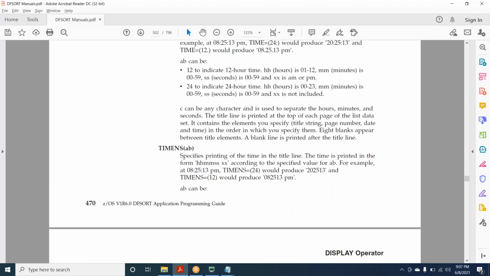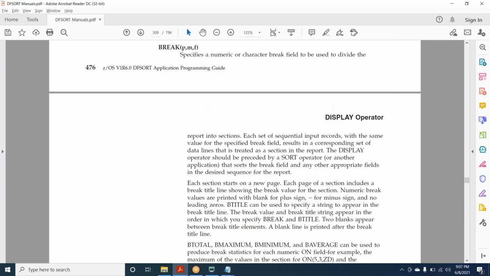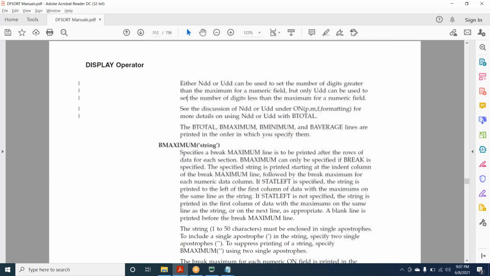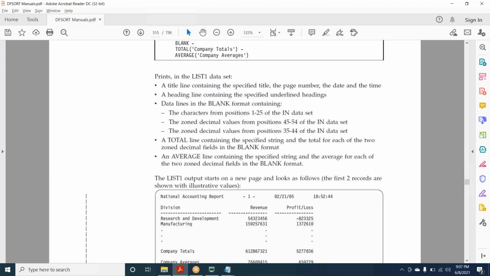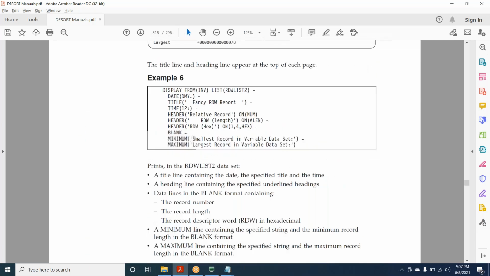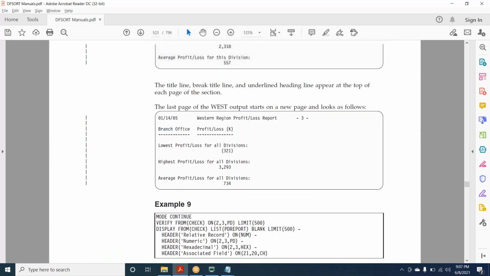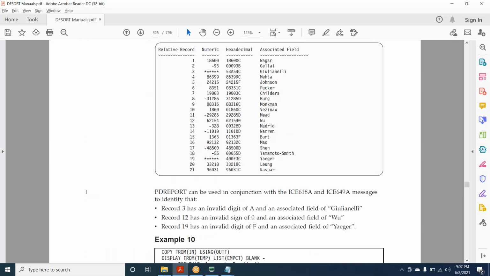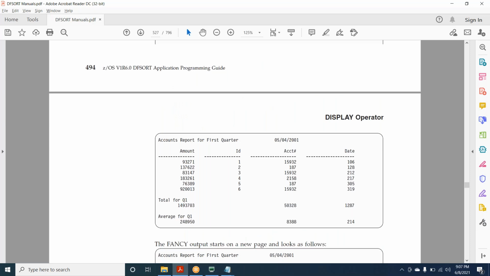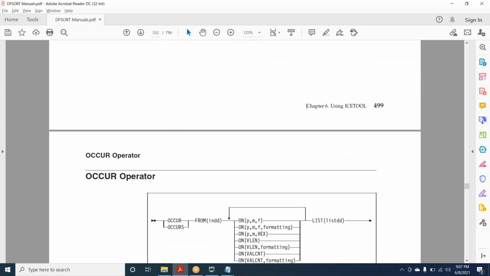Anyhow, generally they don't ask. They should know what DISPLAY is. They have given an example. You can practice it as it is. It will work. But you need to create your own input data. MODE also is not important.